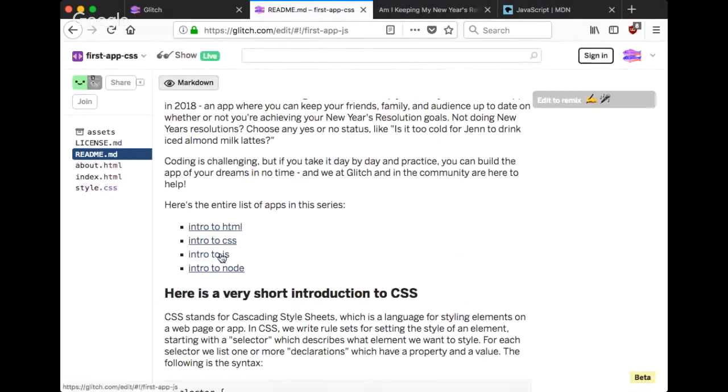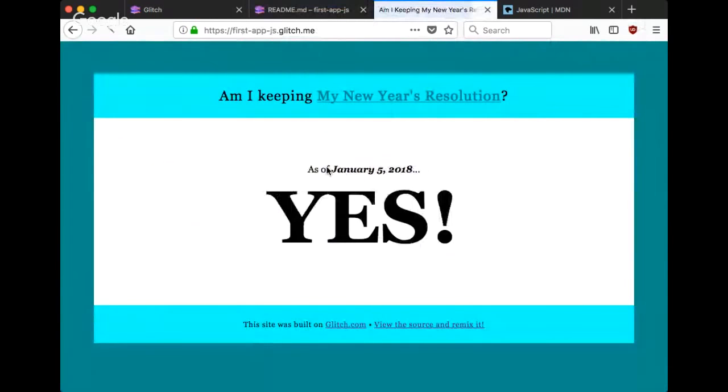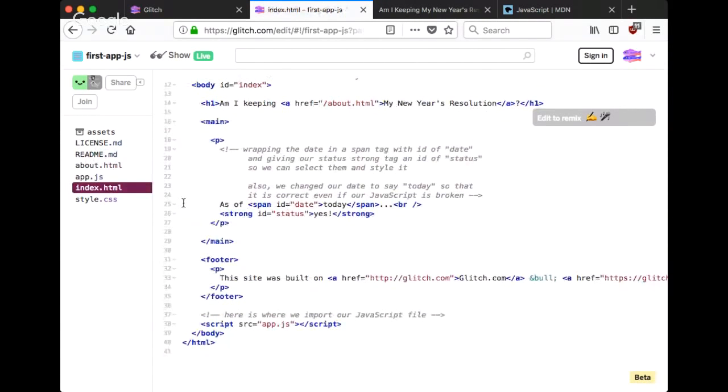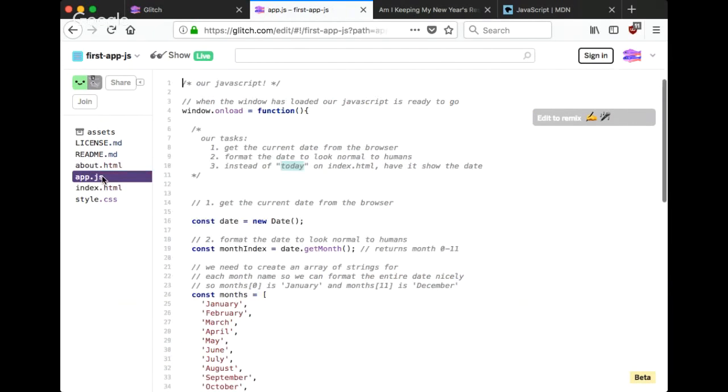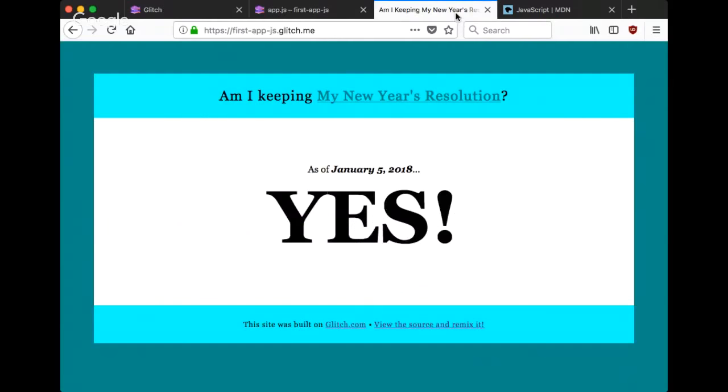prominent, stuff like that. And then yesterday, we learned a little bit about JavaScript and how we can use that to make our pages even more dynamic. In the case of this app, we're just using JavaScript to find out what the current date is and automatically update the page to say that date so that you don't have to go into your HTML every day and update it. As you see here in index.html, we have it say today. But then we have JavaScript get the date and then set our HTML to replace today with what the date actually is. And so tomorrow this will say January 6th, and I haven't had to update any code, which is